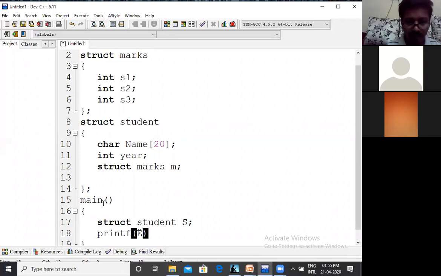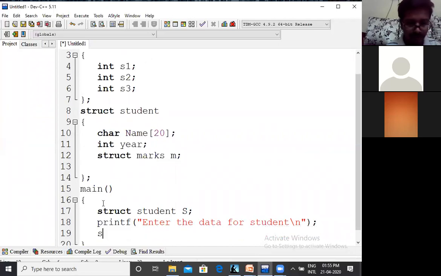printf enter the data for student slash n, scanf. Okay, first we can give all the information.